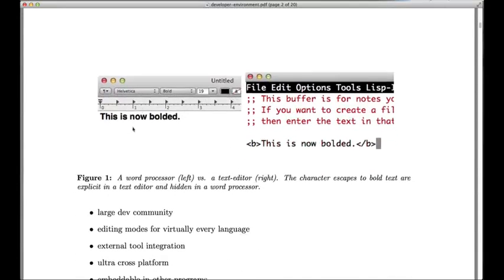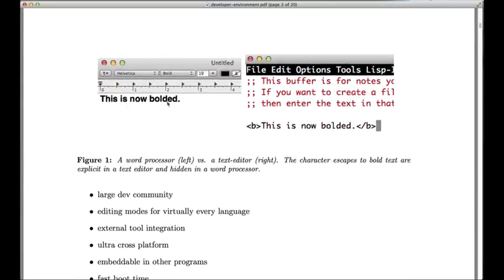Here on the left side is a word processor like TextEdit, where you see bolded text and it's actually bolded when you look at it while you're editing it. Whereas on the right-hand side, all the markup that you're putting into the bolding, that's actually visible in its own right as its own characters. So that's a distinction really in a nutshell between a word processor like Word or TextEdit and a